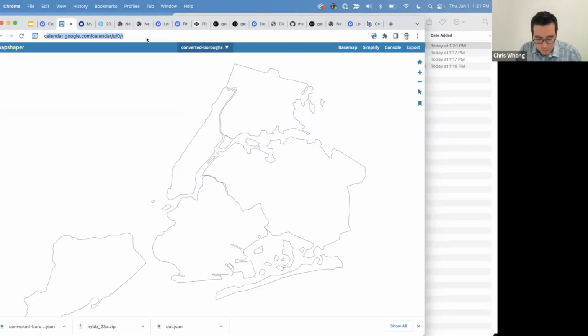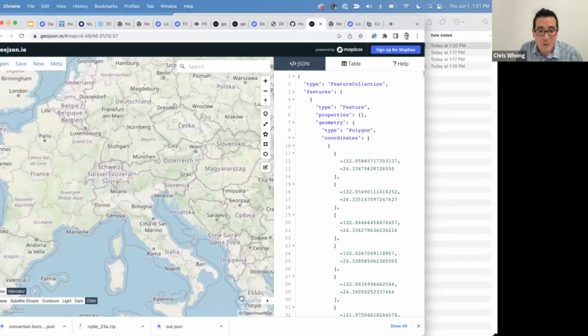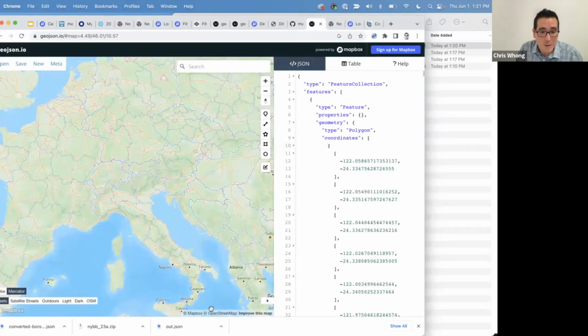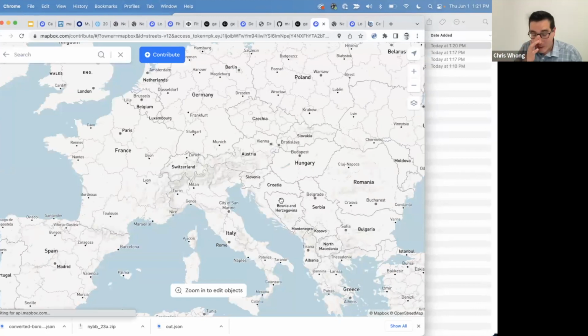Actually, no, I want to show the contribute app. So anywhere you see a Mapbox map, you will see this little thing down here that says improve this map. And I don't know if anyone here has ever actually clicked on this before, but what that does is it brings you to our contribute app. So this isn't really a developer tool, but because you are,